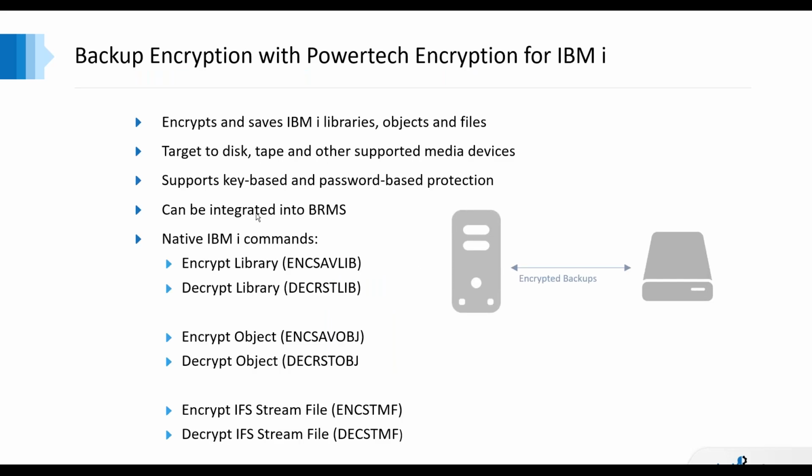Backup encryption is available as well. Recommendations to minimize your backup window would be to only encrypt libraries or objects which contain sensitive data. Again, going back to focusing on what's important, not trying to do everything. If you have enough disk space, consider saving to save files first, and then back up those save files using the encrypted save file command. For disaster recovery, you would restore that PowerTech Encryption for IBM library in order to utilize the decrypt commands. And then, of course, you've got an automatic 30-day trial on that disaster recovery box.